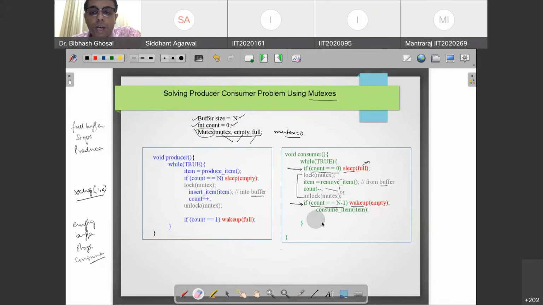So what did we say? The consumer sleeps, right? The consumer sleeps and the control comes back to the producer. When the control comes back to the producer, again, the producer will produce the next item. It will again check whether the count is equal to n or not. Is the count equal to n? No. If count is not equal to n, it will proceed. It will insert the item, make the count equal to 2,